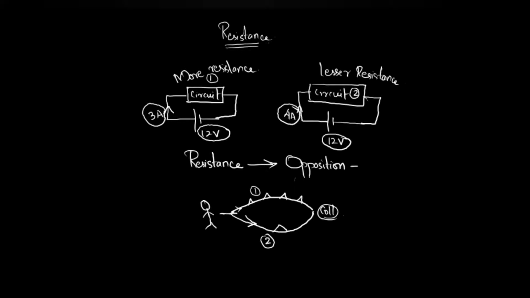Now why is this opposition created? This opposition is created to the flow of electrons. That is, current is nothing but the flow of electrons, right? When the electrons are flowing in the electrical circuit, it constitutes the current. When the electron is trying to flow through the wire, what will happen? There will be ions, other electrons, and there will be neutral molecules. Everything will be present inside the conductor.